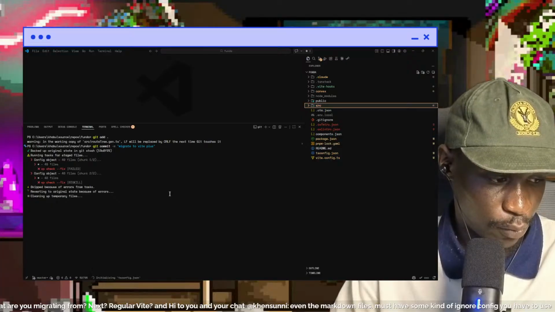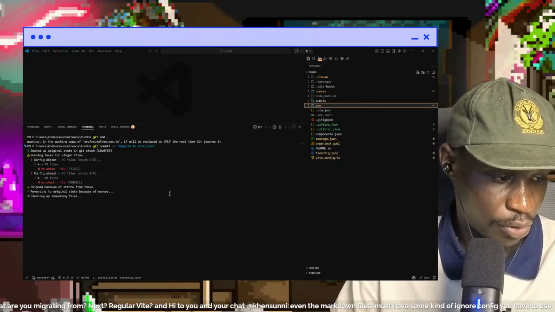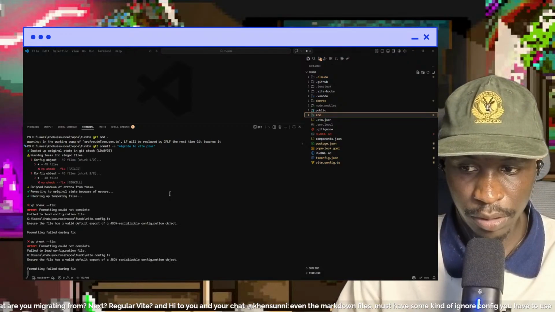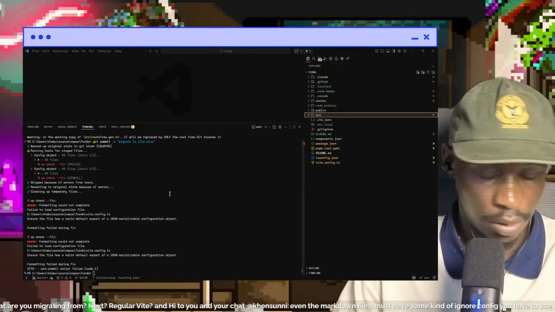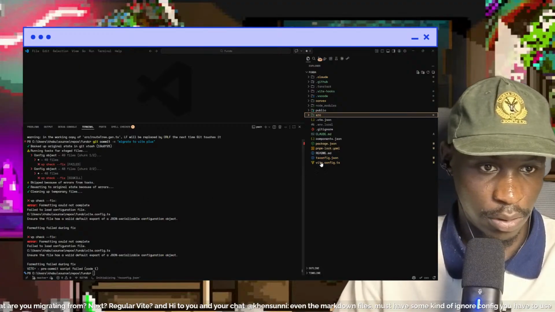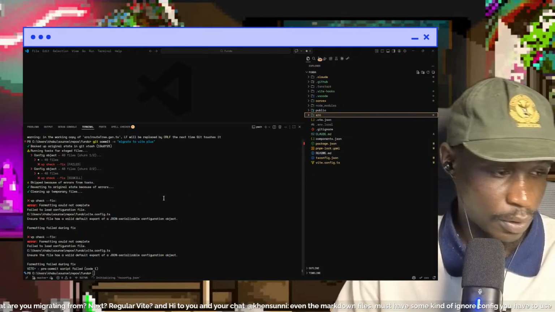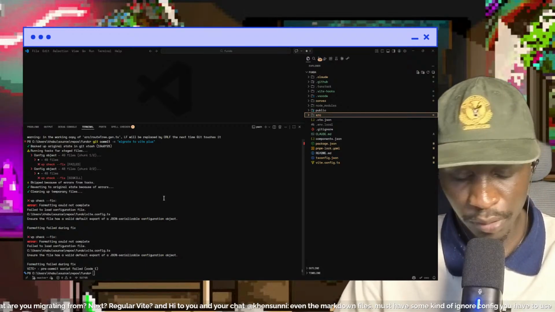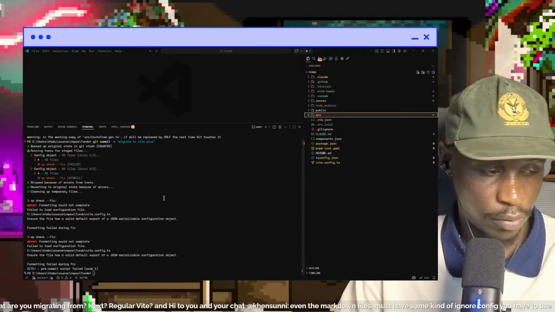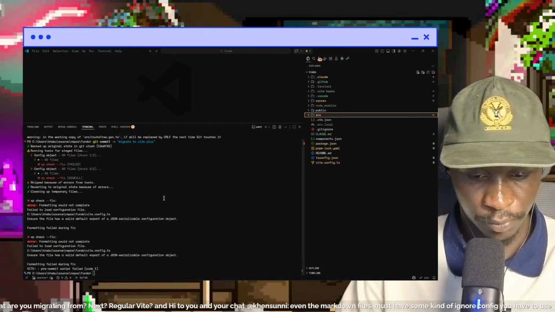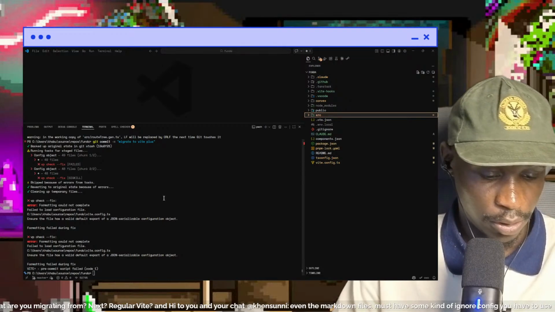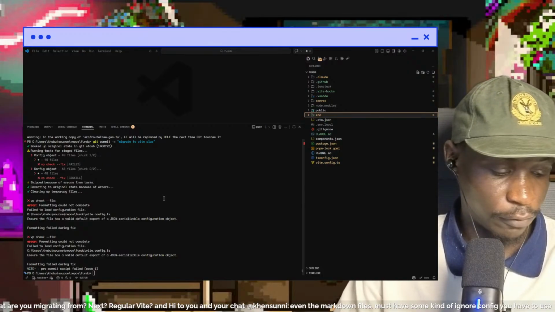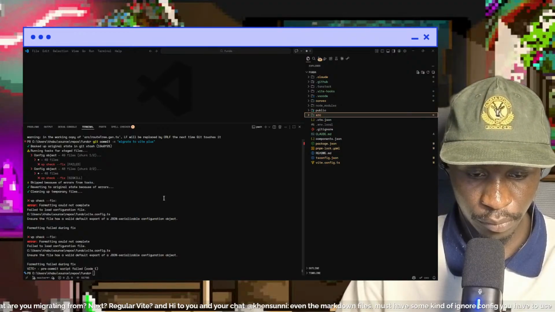What's Vite Plus and why Vite Plus and what are you migrating from? Damn it. Yeah, no. So Vite Plus is basically a tool chain for the web, right? So it's basically a tool for building front end projects,